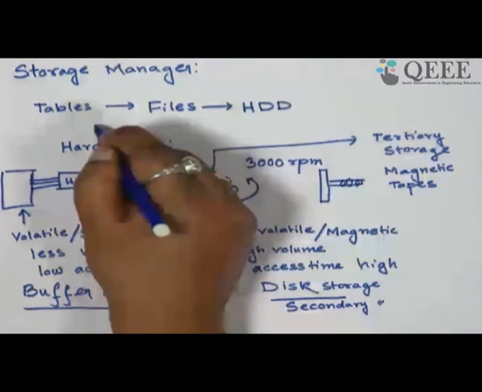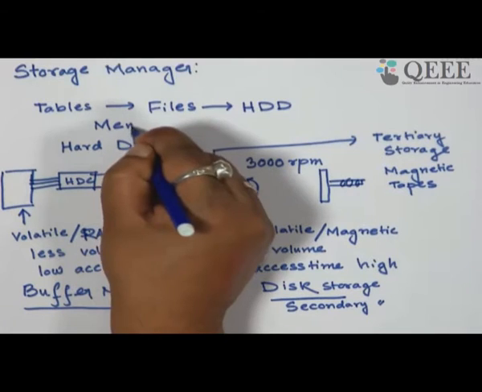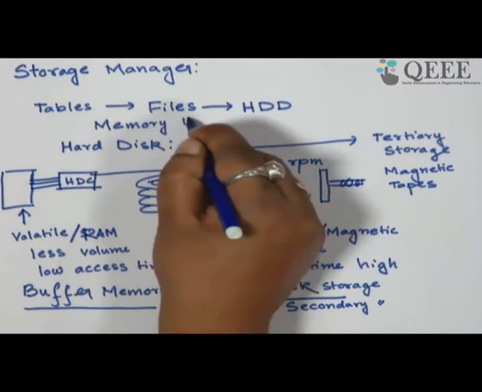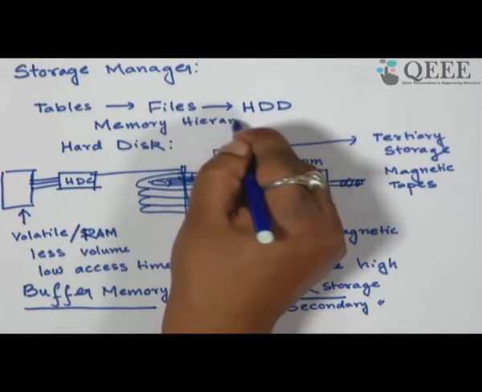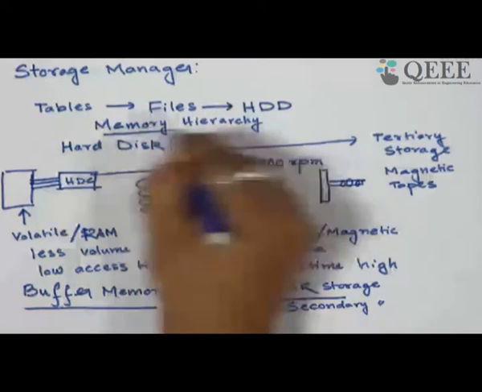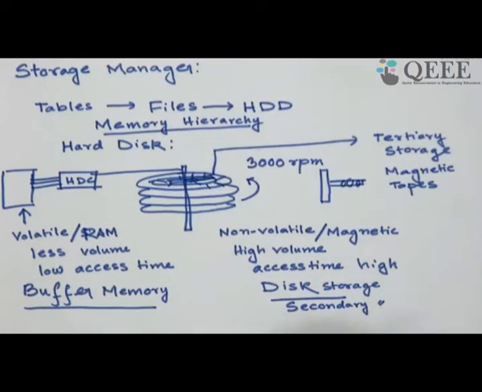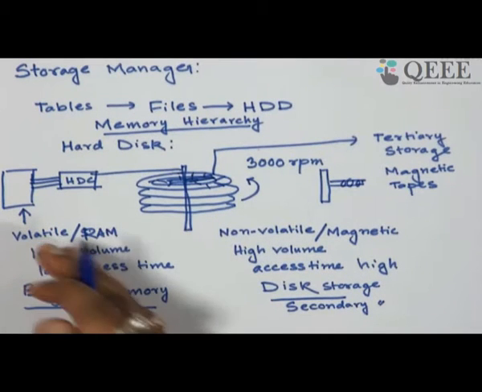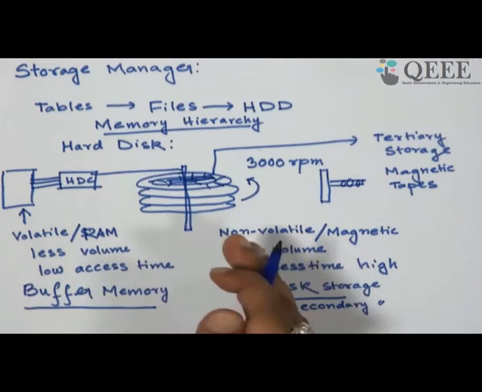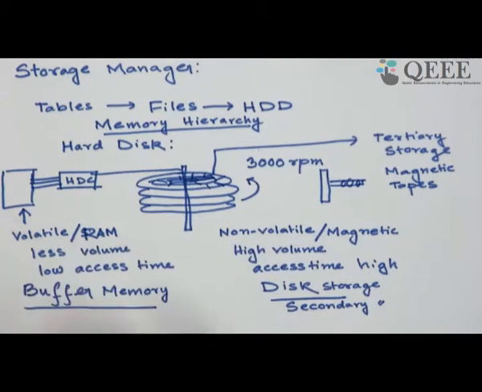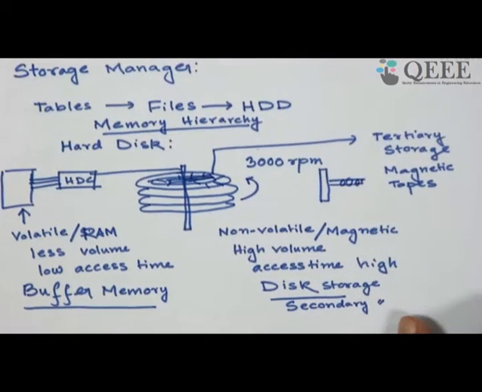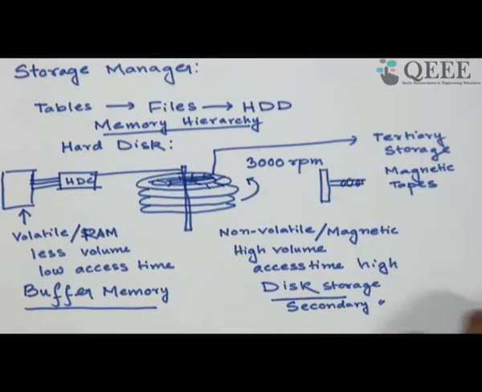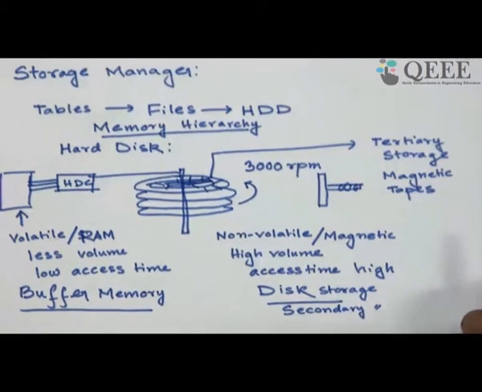So, this gives rise to what is called a memory hierarchy. There are two types of memory, the disk and the buffer, and you cannot directly process on the disk, similarly you cannot store in the buffer. So, let us see a little more detail of the operation of the disk, which will be helpful for our further analysis.